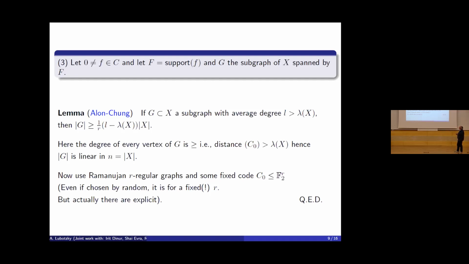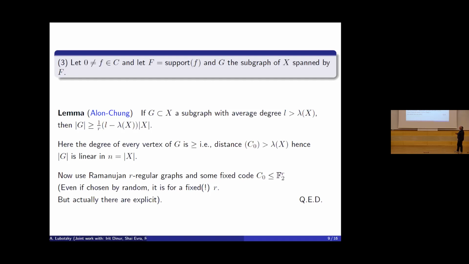If G inside a graph X is a subgraph with an average degree L, and if this L is strictly bigger than lambda of X, then the size of the subgraph is more than this number. It doesn't matter to us what this number is at this point. This number is just a positive number times the size of X. Right? Okay, so now let's